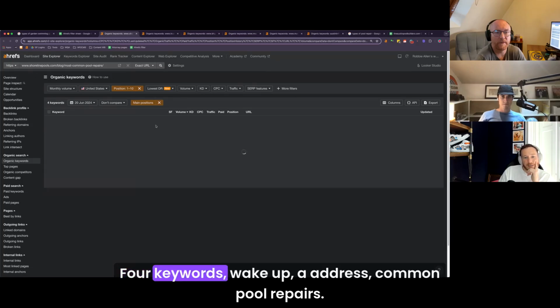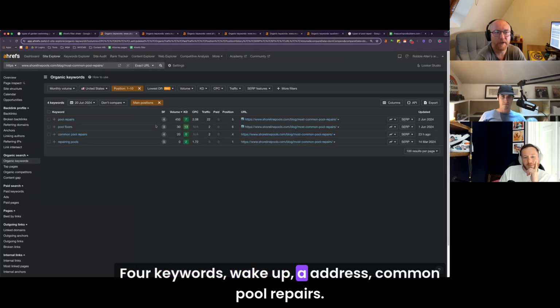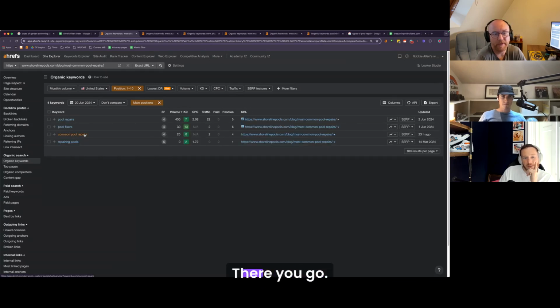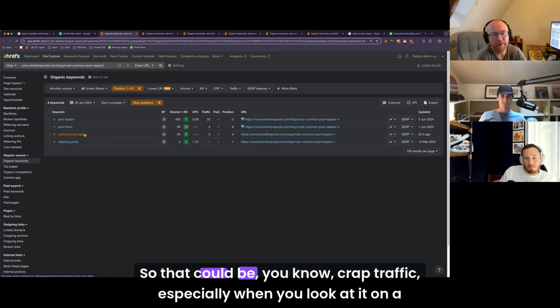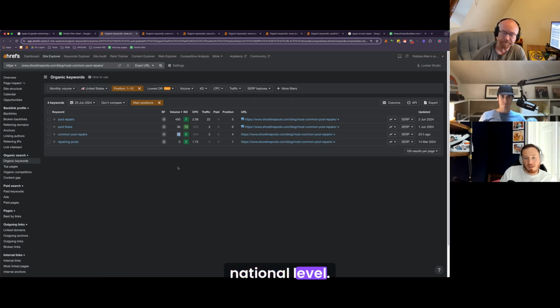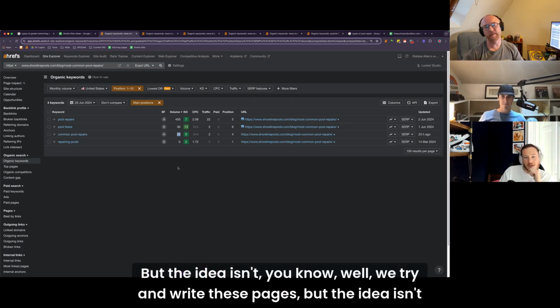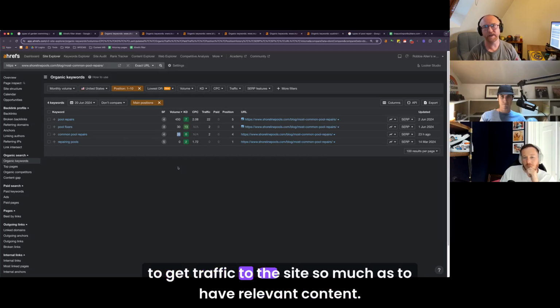Oh, 4 keywords. Wake up Ahrefs. Common pool repairs. There you go. Oh. Yeah. All right. So that could be crap traffic, especially when you look at it on a national level. Yeah. The idea isn't, well, we try and rank these pages, but the idea isn't to get traffic to the site so much as